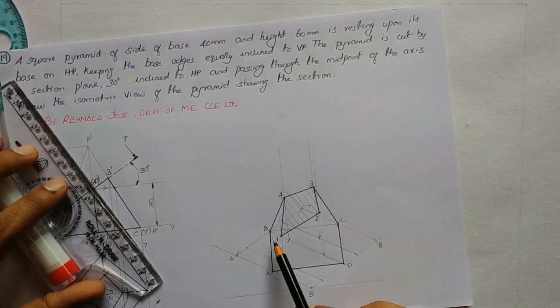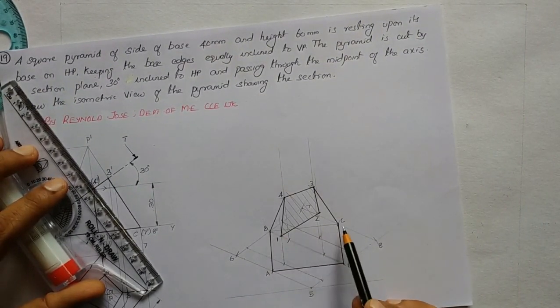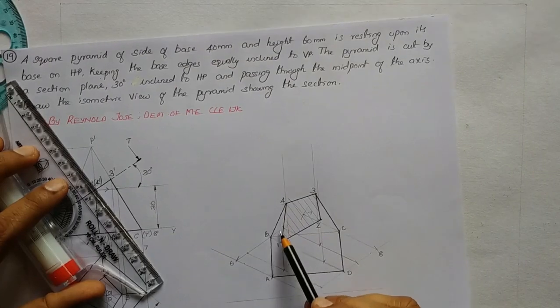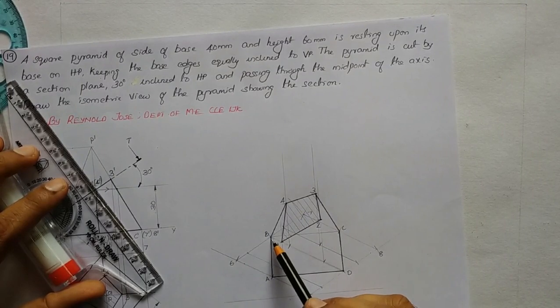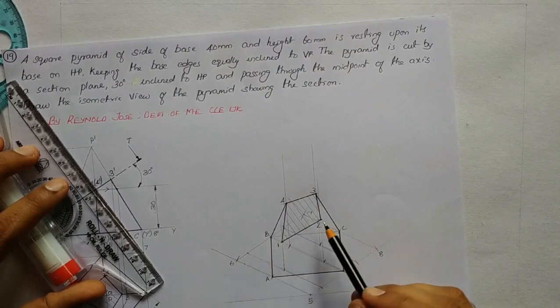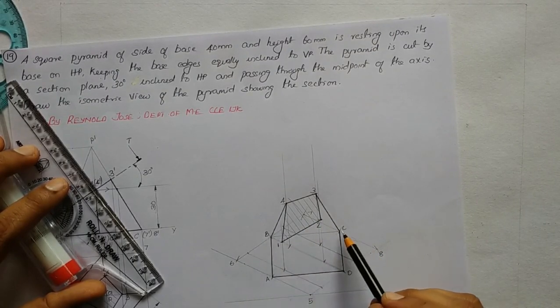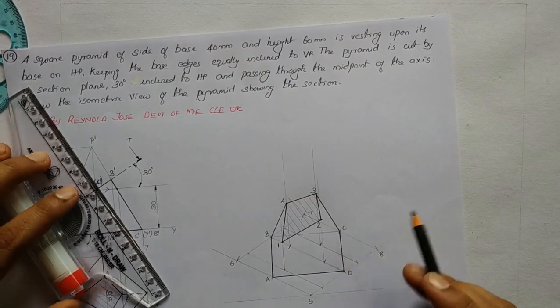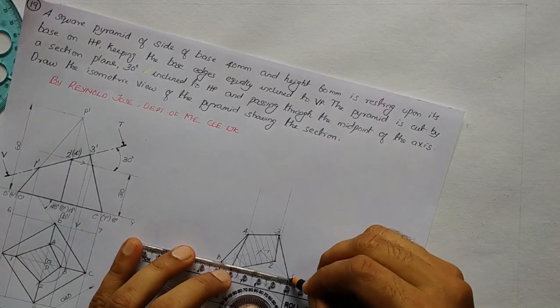Here we are having a line from B to C. This is also an edge. B and C are along the base plane. If you connect these two points, the line crosses a visible line here, which is 1, 2 and 1, 4. So when you join B and C, which are on the base plane on this side, this line also will be invisible. So we have to represent it using dashed thick lines.